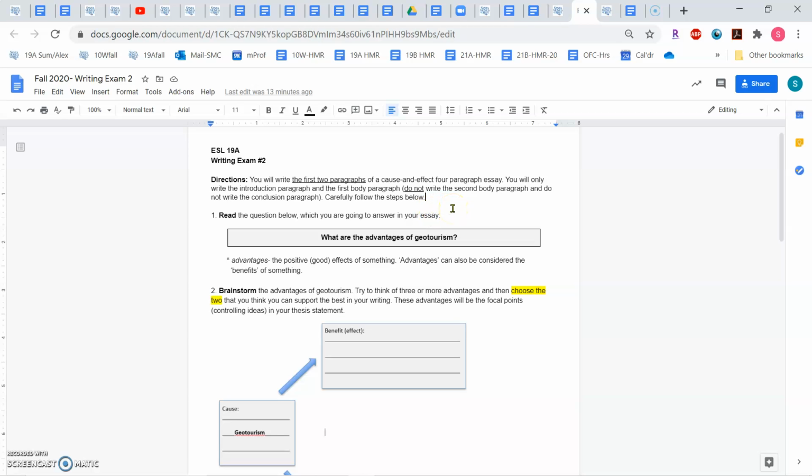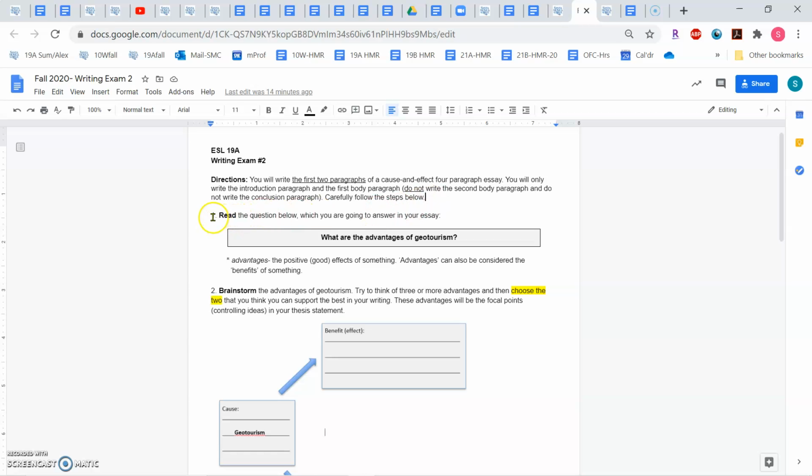If you write 4 paragraphs, I'm not going to read the second 2. What I would prefer to see is 2 well-written paragraphs, an introduction paragraph and a body paragraph. Spend time on those 2. Don't spend your time writing 4 paragraphs. I would much rather have 2 high-quality paragraphs than have 4. So I only want to see 2.